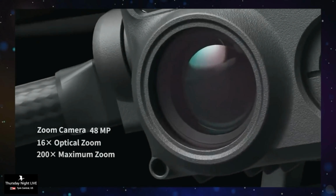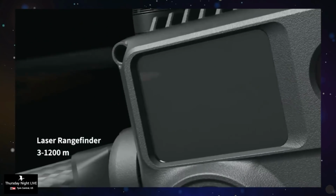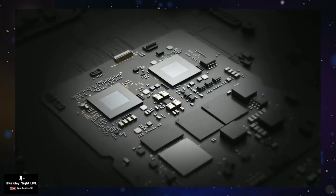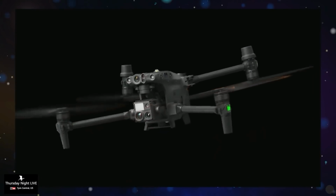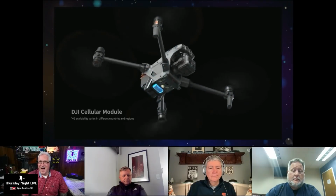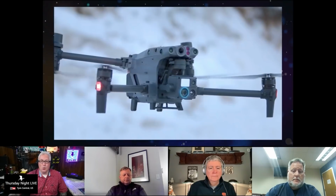This is not your cheapy drone. This starts at $9,999 and goes up to $13,000 with the thermal camera. But it has some interesting specs. It has a flying time of 41 minutes, maximum speed of 23 meters per second. It comes with a 48 megapixel CMOS sensor zoom camera that has a 200 times digital zoom, 12 megapixel wide angle camera, 8K photograph capability, a laser rangefinder with 1,200 meters distance,